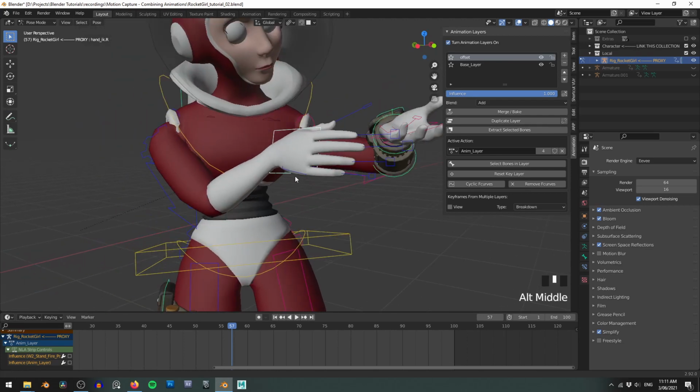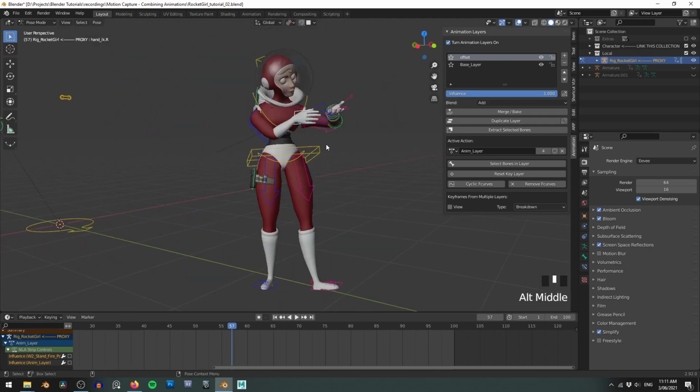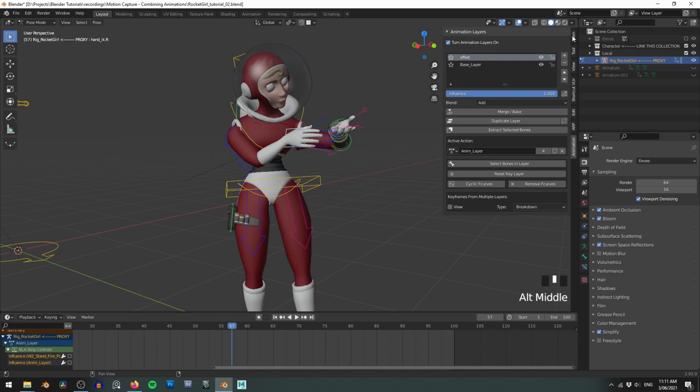Most other rigs that I've used have the hands also separate, so wiggling the body, the hands would actually stay in place. So most of the time you need hips, hands, and feet. In this case, I just need hips and feet. That's because the hands, now where is this? If I go